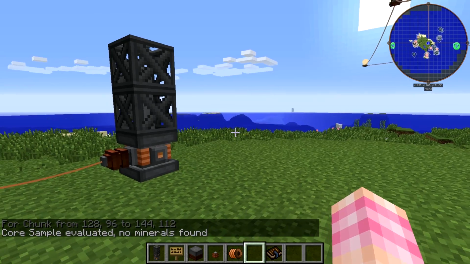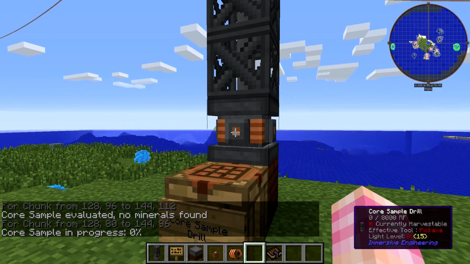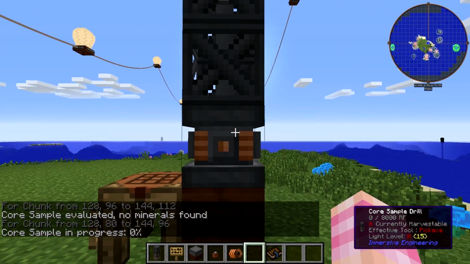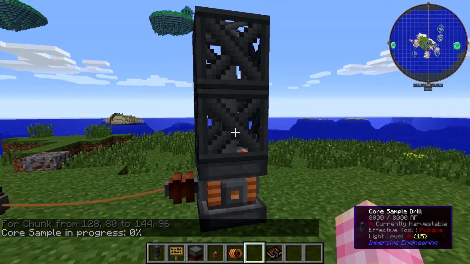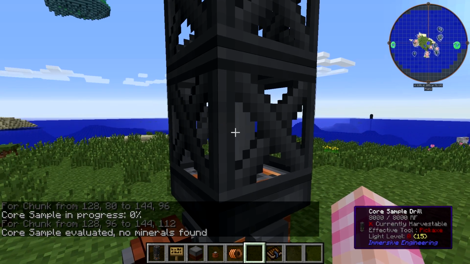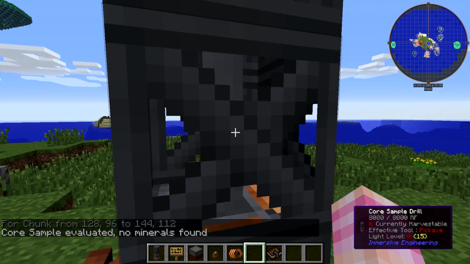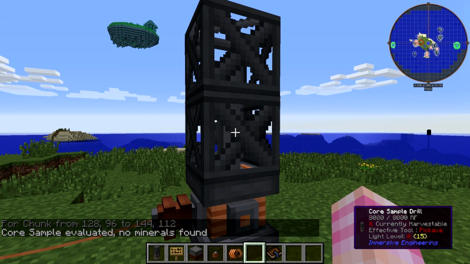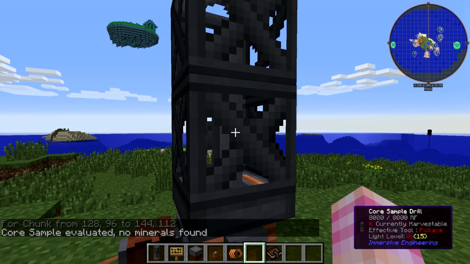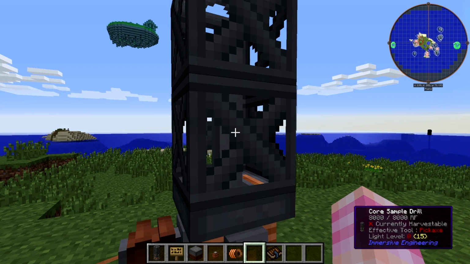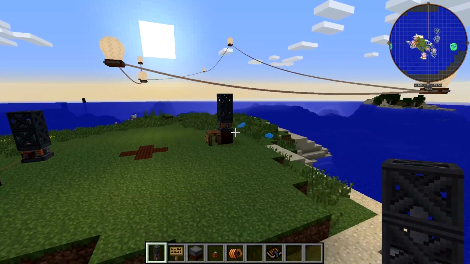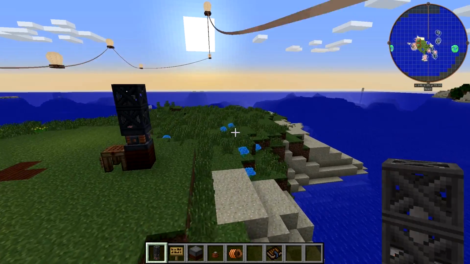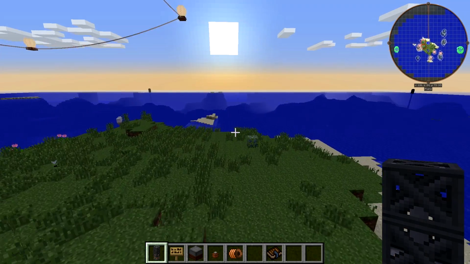Too bad. Now if we look over here, this one is in a slightly different area. It's actually doing slightly different chunks. So if you right click on your core sample drill when you place it down, it'll tell you what chunk it's working on based on the coordinates. So 128.96 to 144.112. Okay? So basically, if we're trying to find minerals, what we want to do is travel to different chunks,